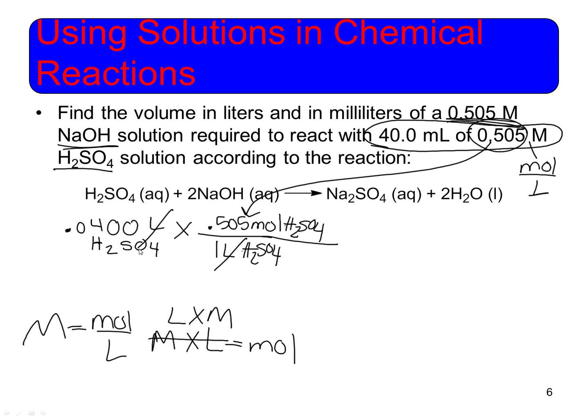That way you see how your units cancel, because the next step is going to be to look at our balanced equation and go from moles of sulfuric acid to moles of what we're trying to find. Okay, so we're trying to find the volume of NaOH. So now we're going to go look at our balanced equation, and we have a 1 to 2 ratio. Okay, so we have 1